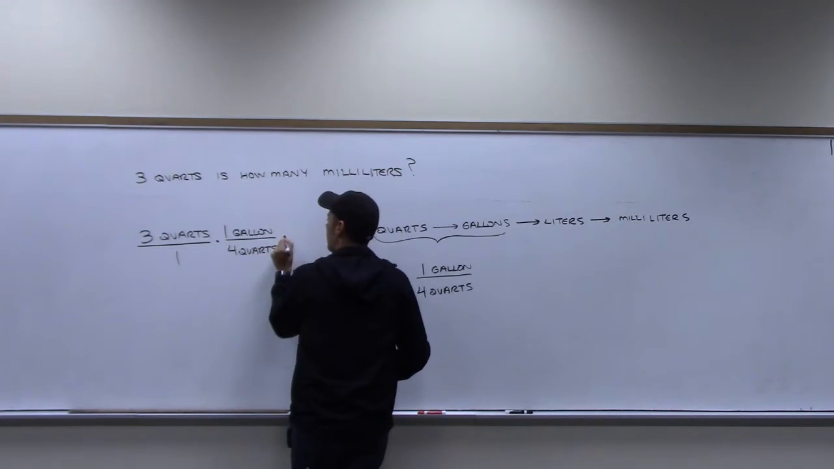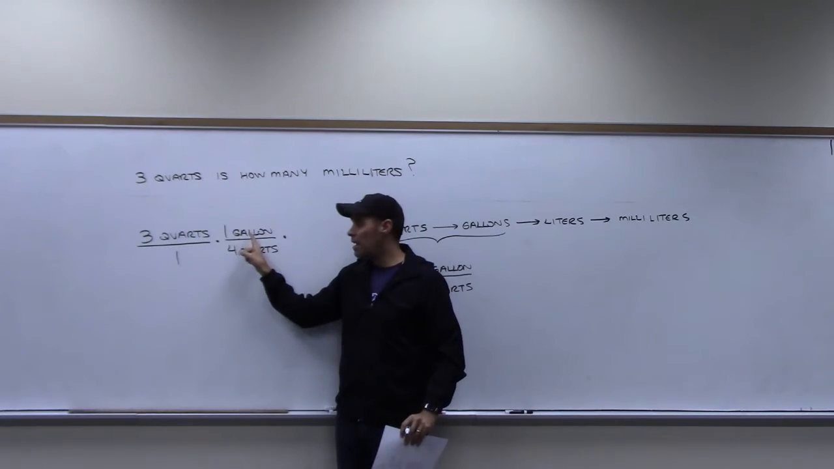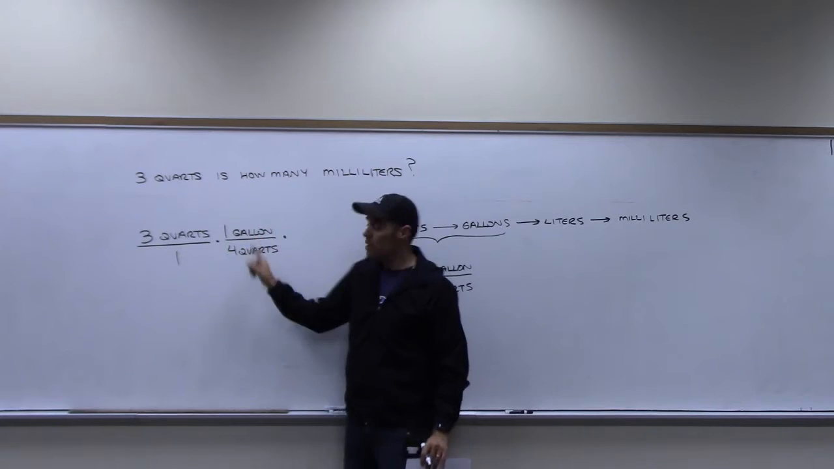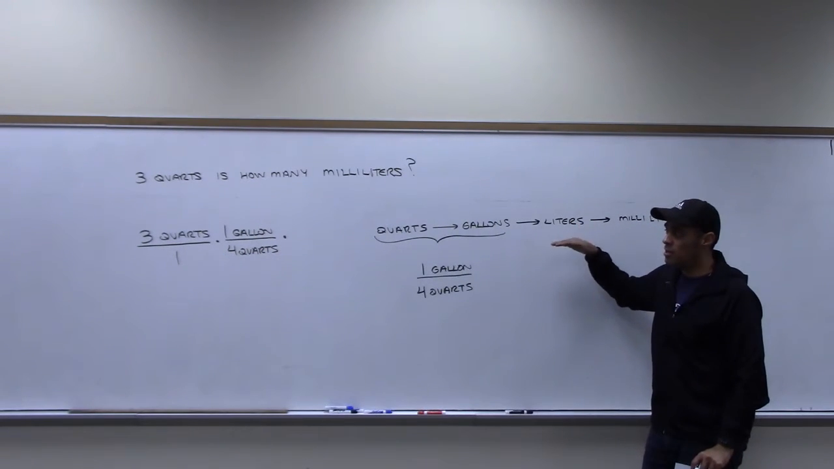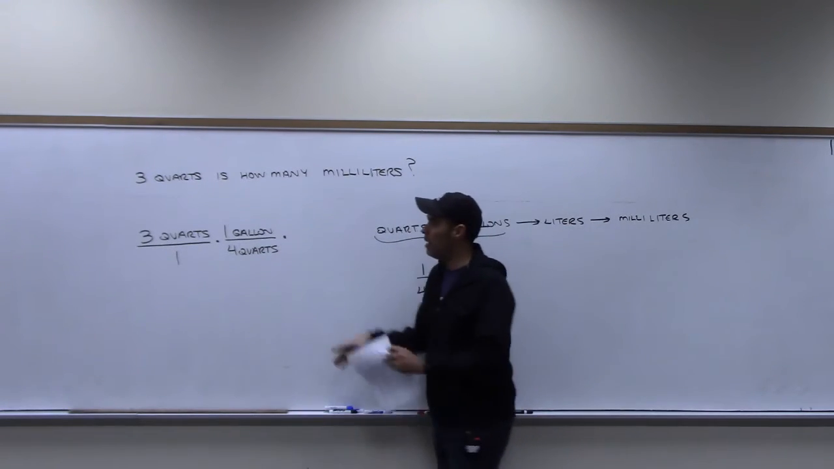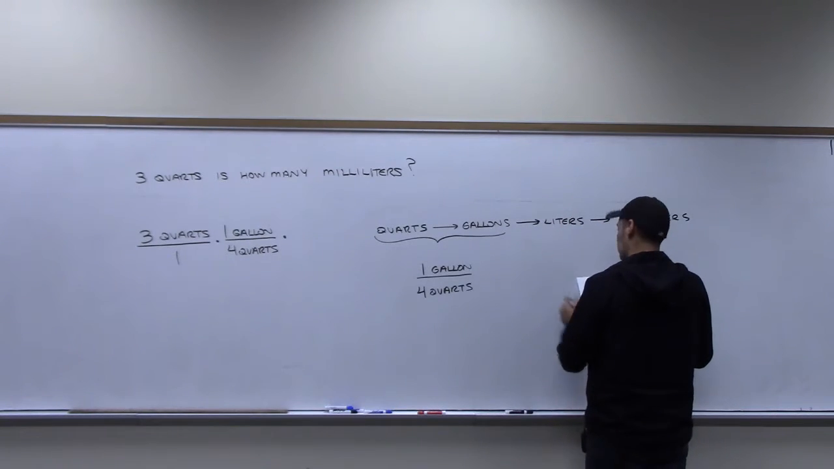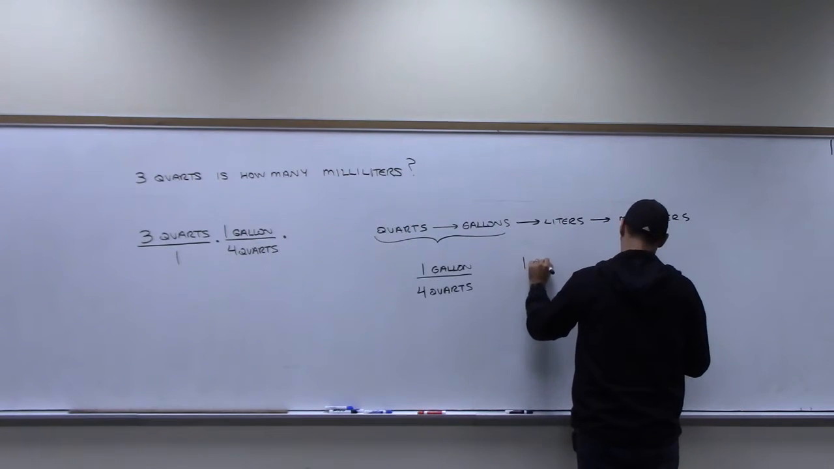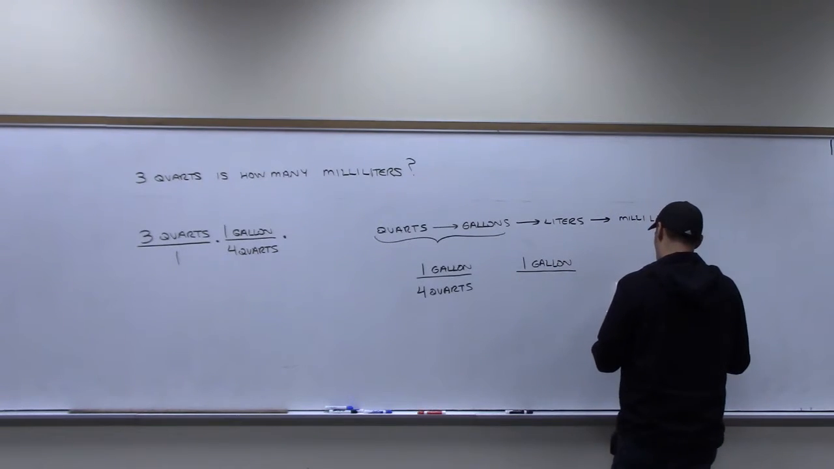All right, I'm going to keep going. When I do this, the quarts are gone, aren't they? So now I've got gallons. I need the gallons to go away. So I'm going to go from gallons to liters now. And I want gallons on top or bottom? Bottom. Again, because you want the gallons to go away. So what is it? 1 gallon, right? Over,